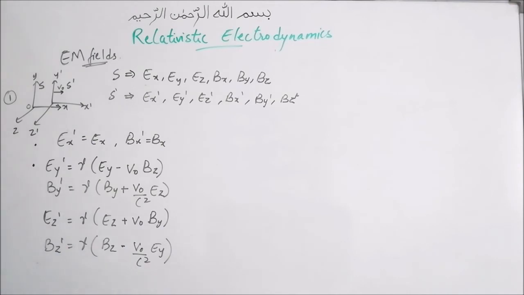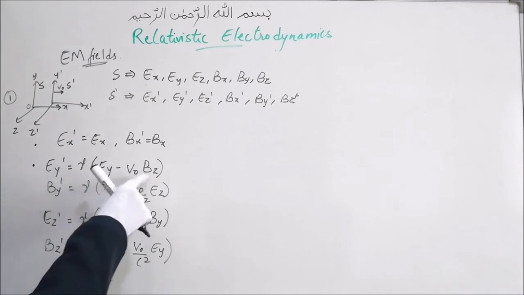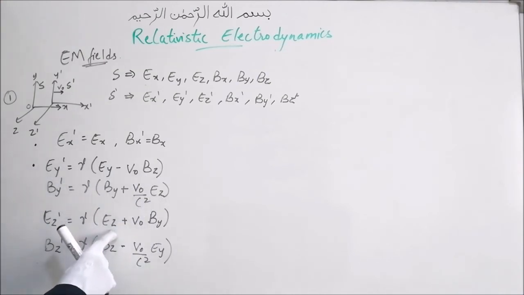So you see, in cyclic manner we are changing Y and Z. If it is Y, then this will be Z, Y, Z. If it is Z, then it will be minus Y, therefore plus will become minus, Z will change to minus Y, and then this plus will change to minus. So in cyclic order.